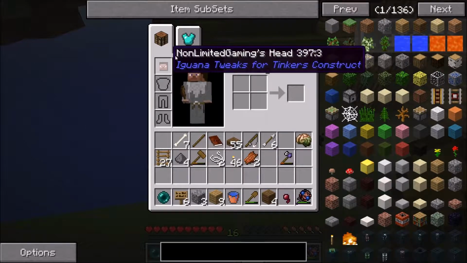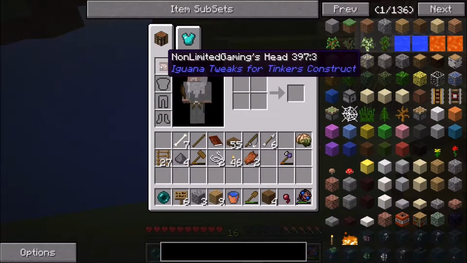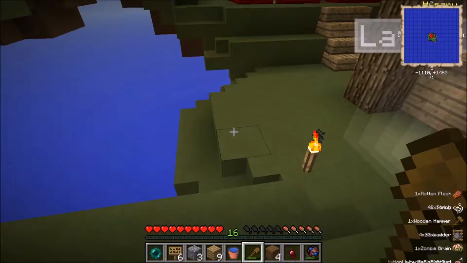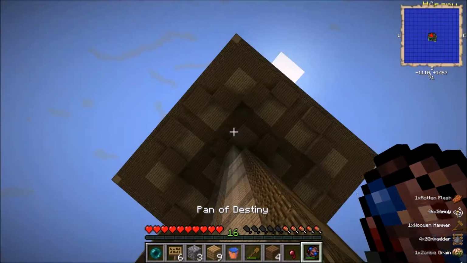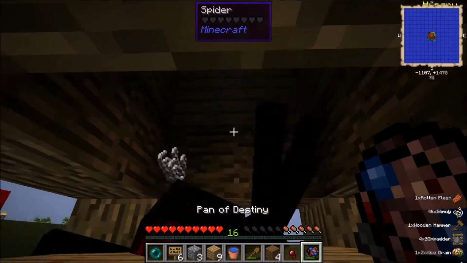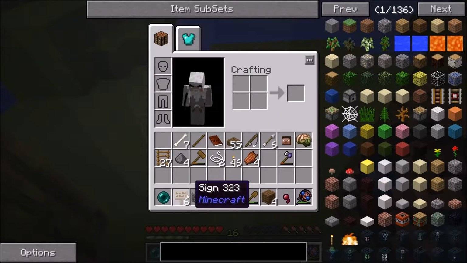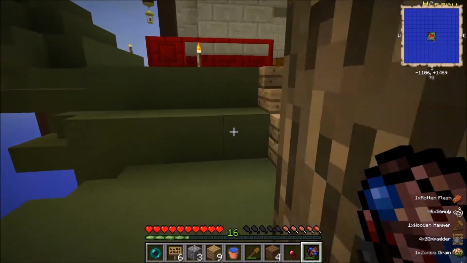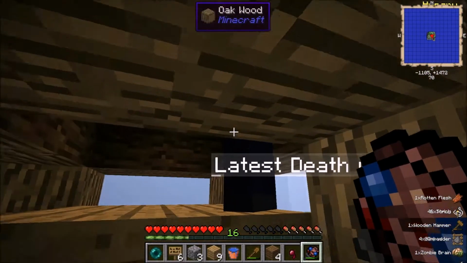I got my own head. Oh, it makes my head bigger. Weird. Well, that was weird. That was really weird. Enderman can't actually spawn up there, so... looks like I got everything, though. Got my axe. Yeah, looks like I got everything, and we came out with an ender pearl. However, we did lose a life, so...